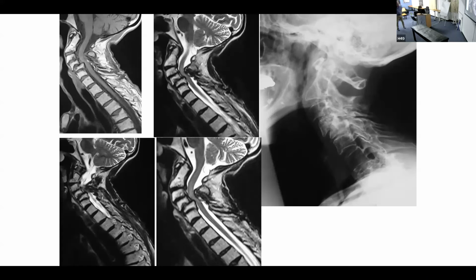You also see the cord signal changes, spinal stenosis at that same level. And as you can see on the X-ray, also just a multi-level degenerative spine. So what did you do? Old lady, a few comorbidities, probably going to be osteoporotic. So there's translation or spondylolisthesis, not as a kyphosis. I did think about it, I wasn't actually sure, but you probably need to do a dual approach, anterior and